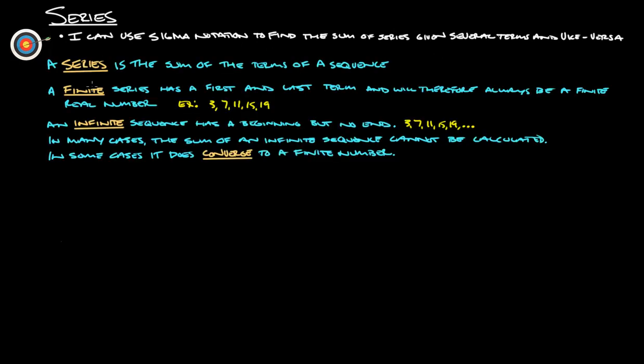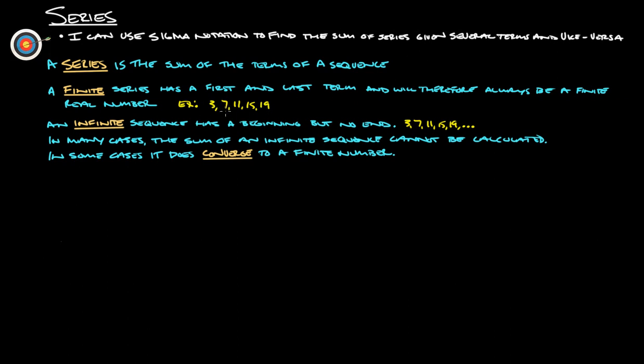Okay, so first things first. A series is the sum of the terms in a sequence. So we're going to take all the terms of a sequence, add them all up, and get a total. A finite series has a first and a last term, and will therefore always be some kind of finite real number. For example, if the series was 3, 7, 11, 15, and 19, this is going to give us an actual